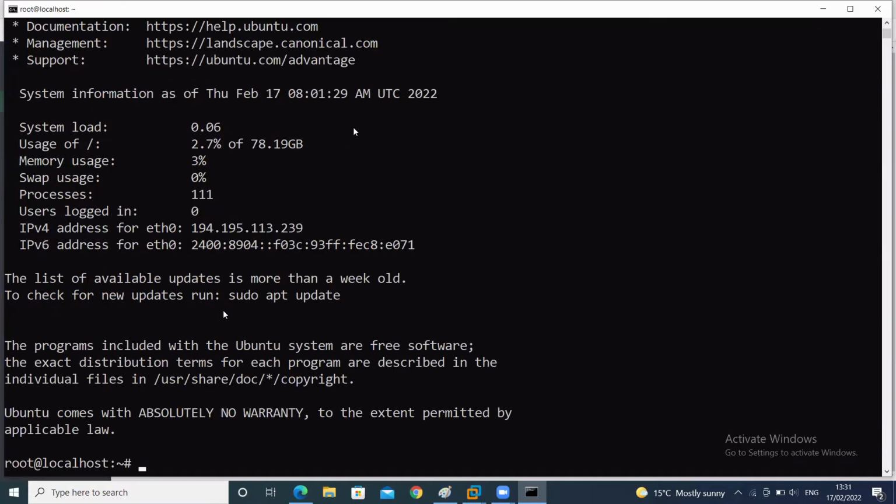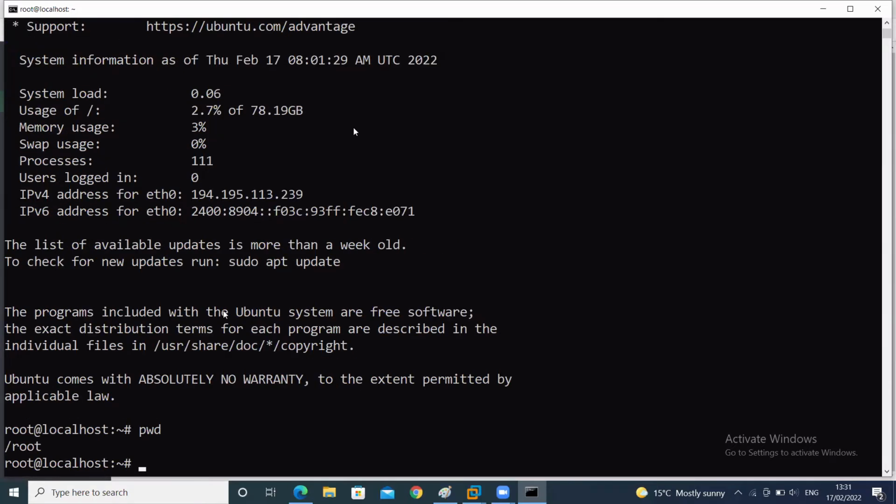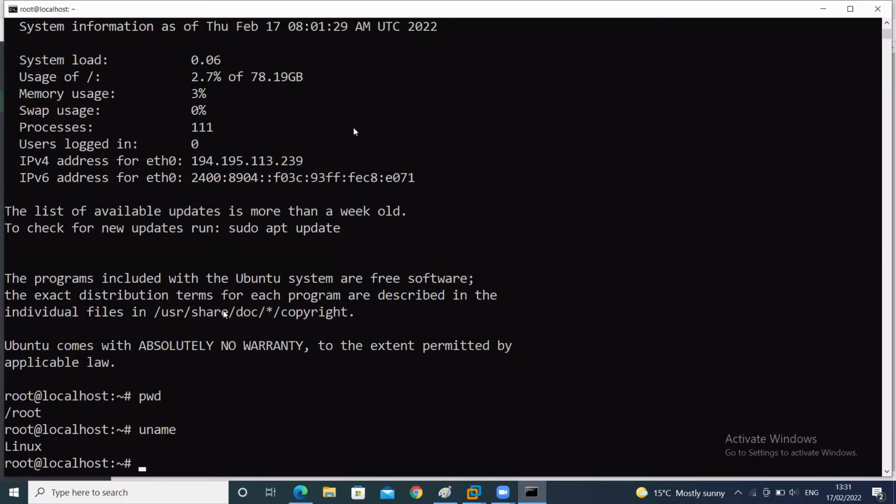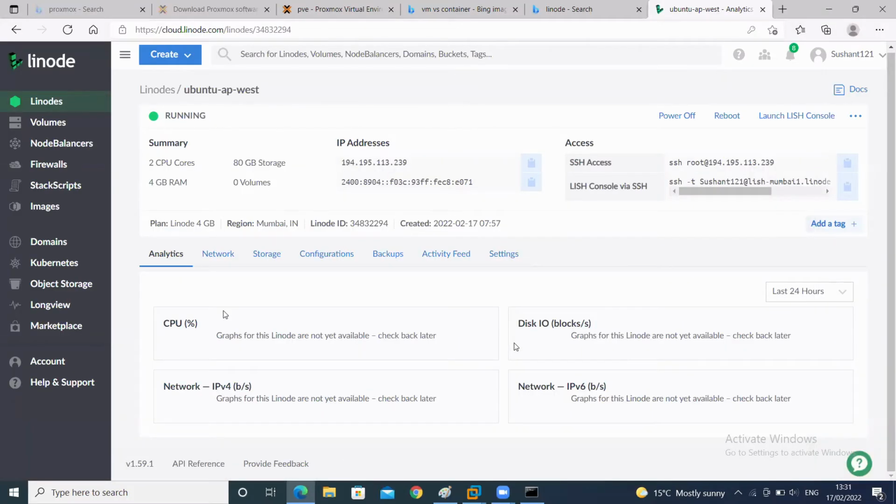Okay, done. pwd, uname. Linux. This Linux is running on the Linode server. You can use it anywhere in the world because it has a public IP address attached.